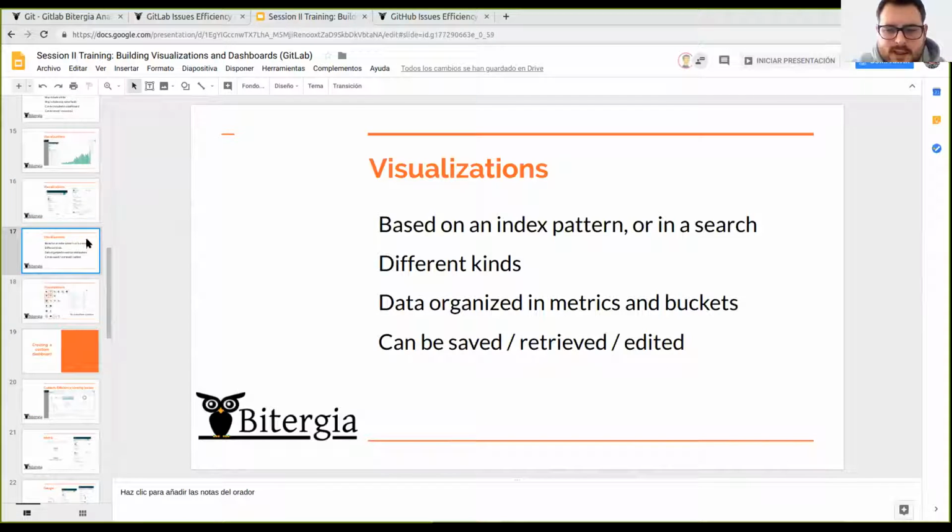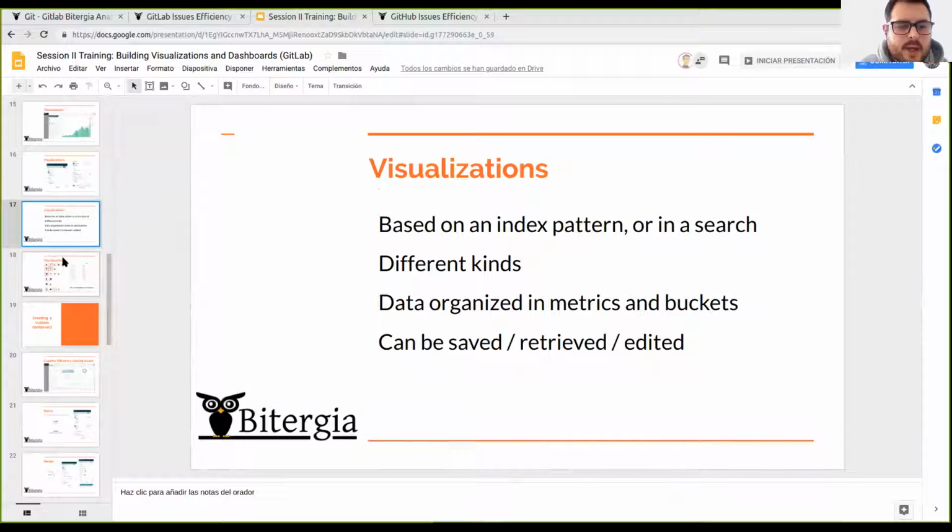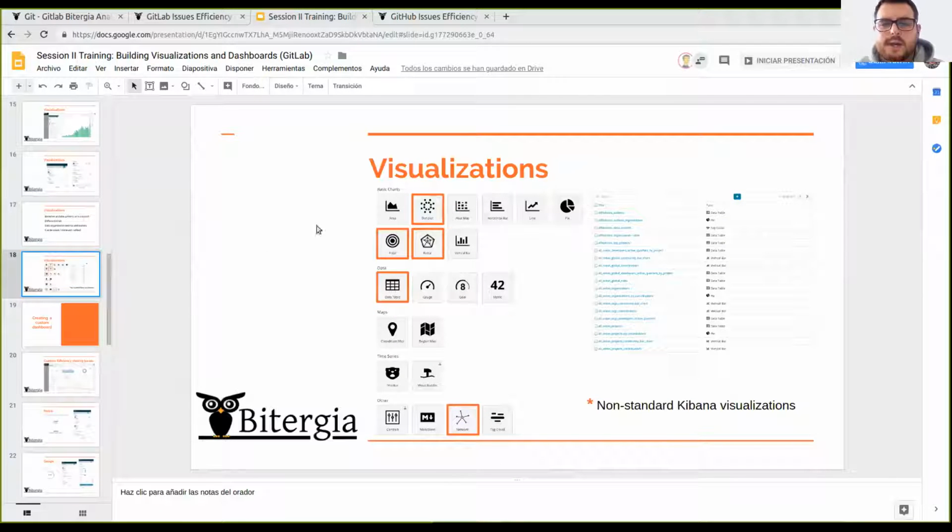For instance, as I told you, you can build the visualizations based on a given index pattern or on a search. And there are different kinds, and we are covering how to build these. As a quick recap, data is organized in metrics and buckets, and they can also be saved, retrieved and edited. We are including some basic visualizations which are included in the standard version of Kibana, but we are also including some